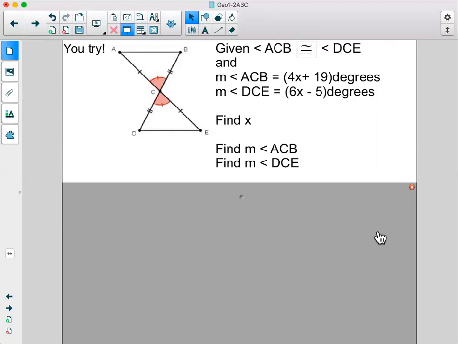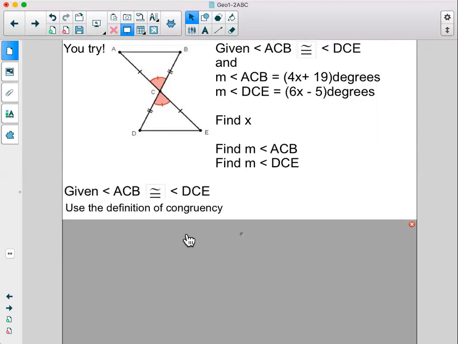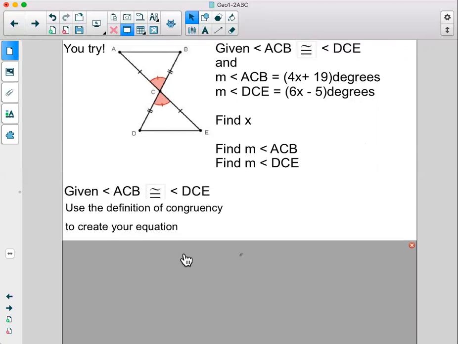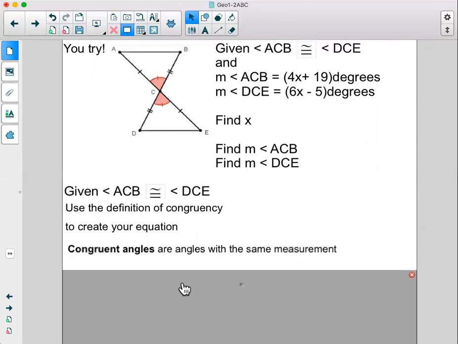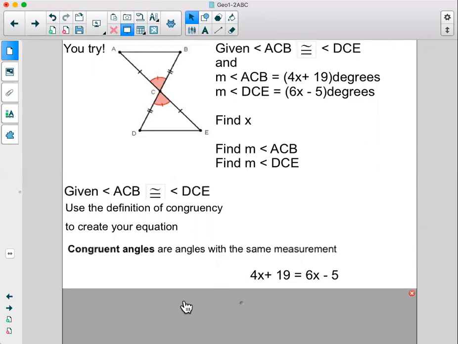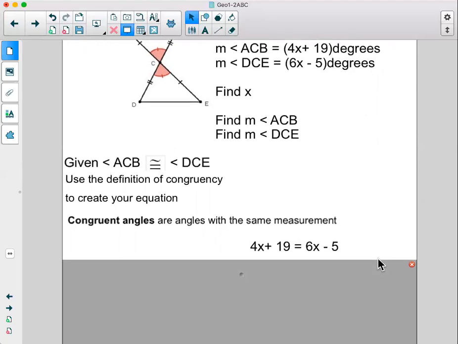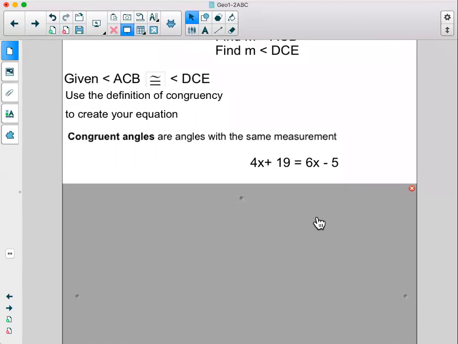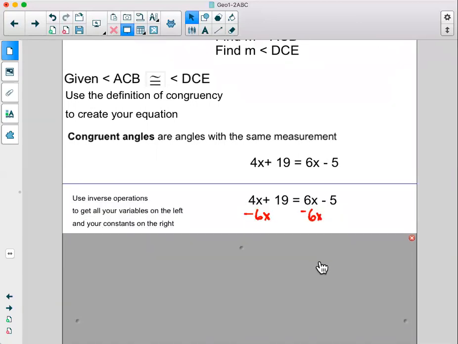Now in this particular diagram, we're given that the angles are congruent. And so the first thing we have to do is use the definition of congruency to create our equation. Congruent angles are angles with the same measurement, so we can set those algebraic expressions for their measurements equal and solve for x. We're going to do inverse operations to get all our variables on the left,